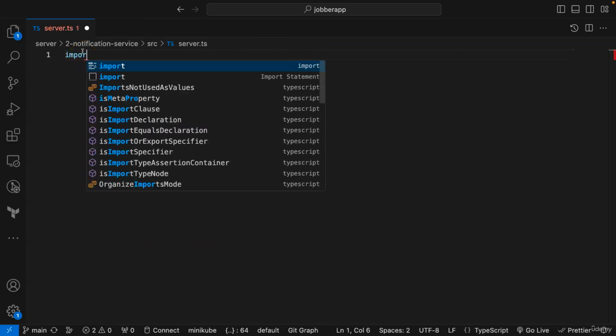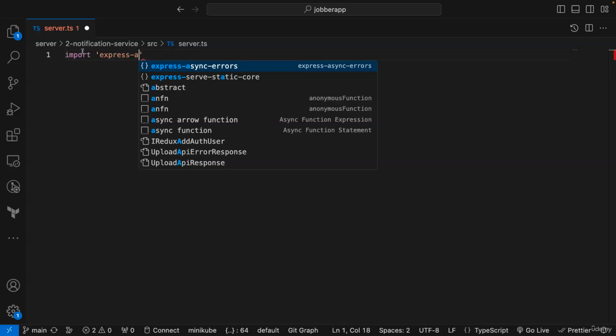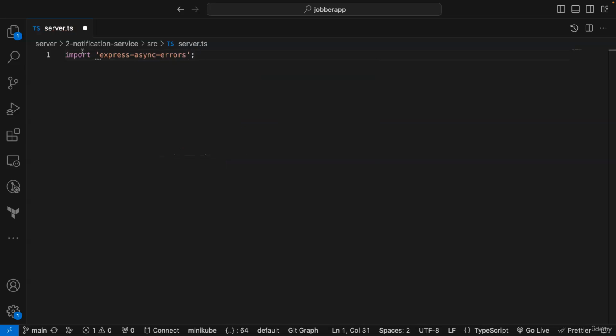So first I'm going to import Express async errors, okay? The reason why we are using this is so that any error we get with our asynchronous functions, we are going to pass it to our error handler, okay? So that is it for this particular. I'll just add this express async errors,